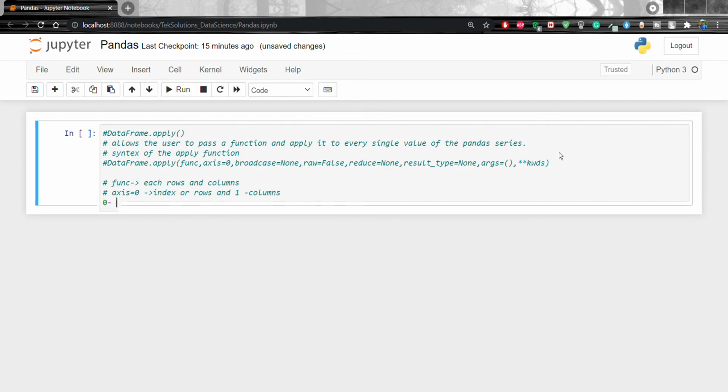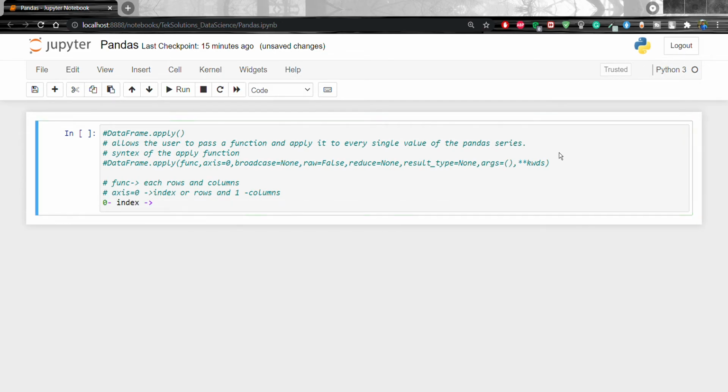With 0 or index, it applies the function to each of the columns. Whatever function we pass in apply is going to be applied to each of the columns.